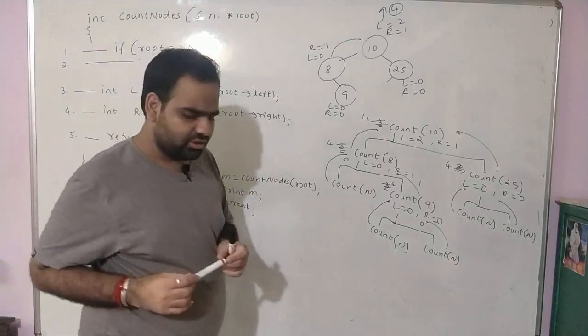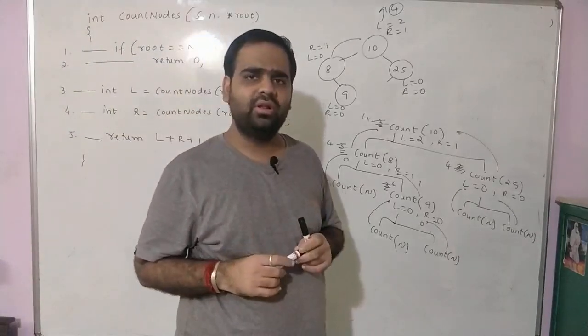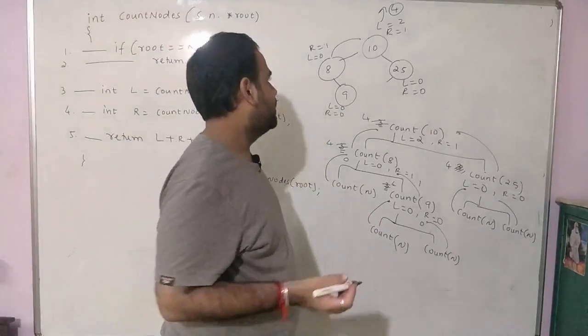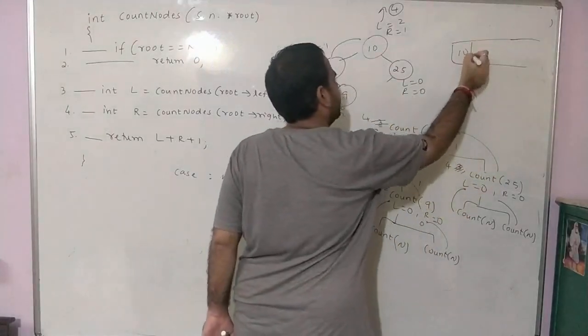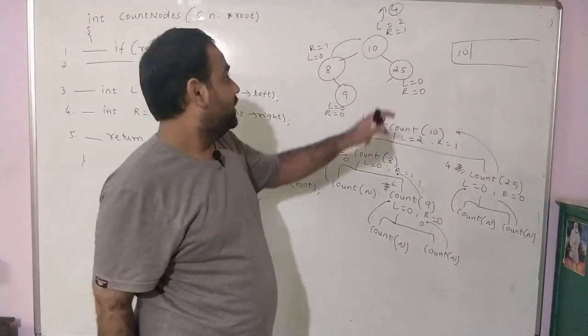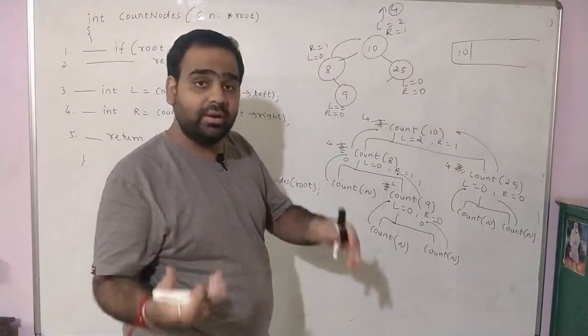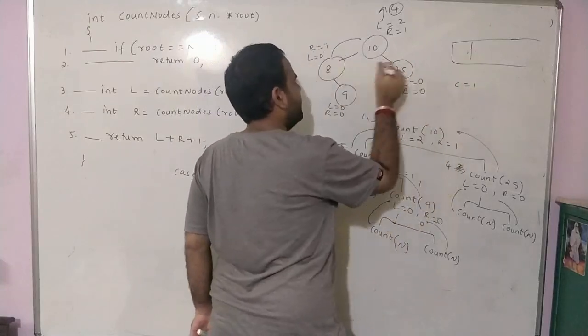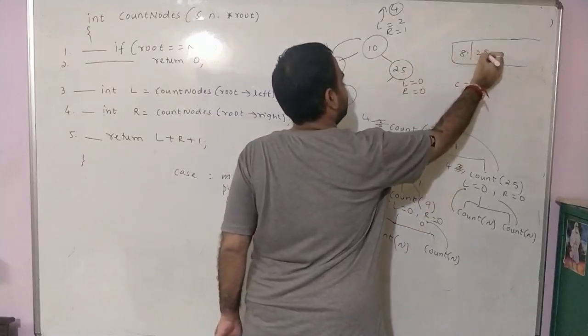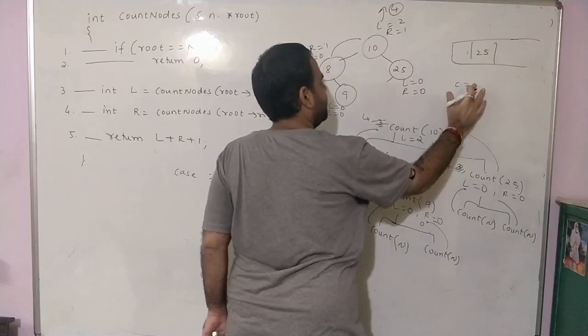Now this count nodes function can also be done with level order traversal. What do we do in level order traversal? See here, I will just give the hint. First you enqueue 10. Right, now whenever you dequeue, you increment the count. We increment the count to 1 because there is one node. Is there a left child? Yes. Is there a right child? Yes. Again you dequeue it, increment the count.